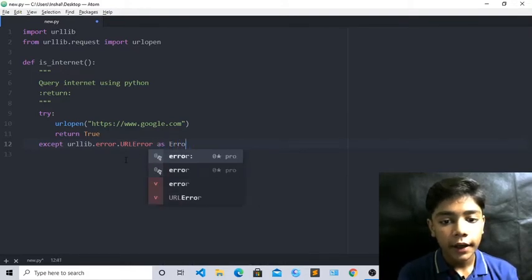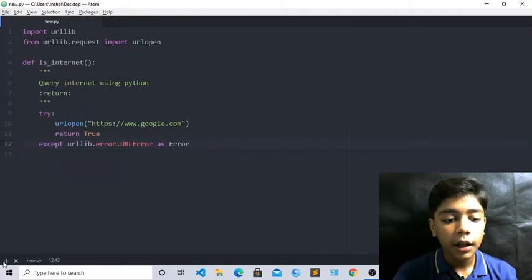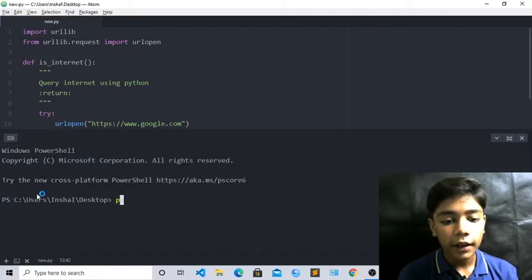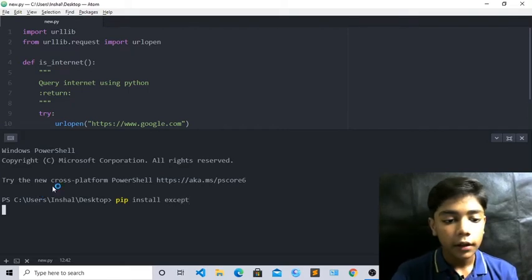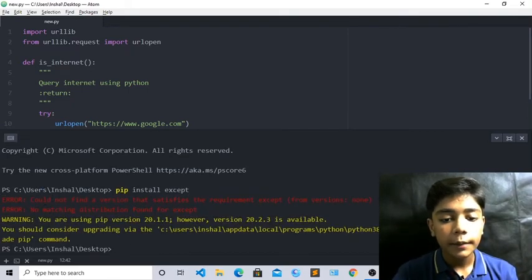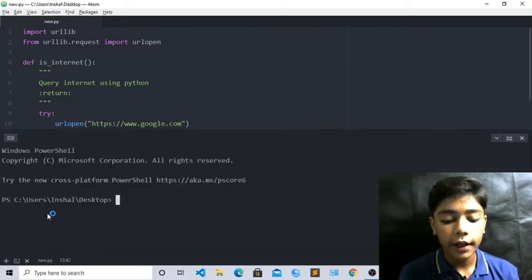Okay, write here as error. Now when you have done all that, first of all save it, come over here. Now write pip install except here. You can see there is an error coming because we have already downloaded it. Close it again, go and write pip install error here.